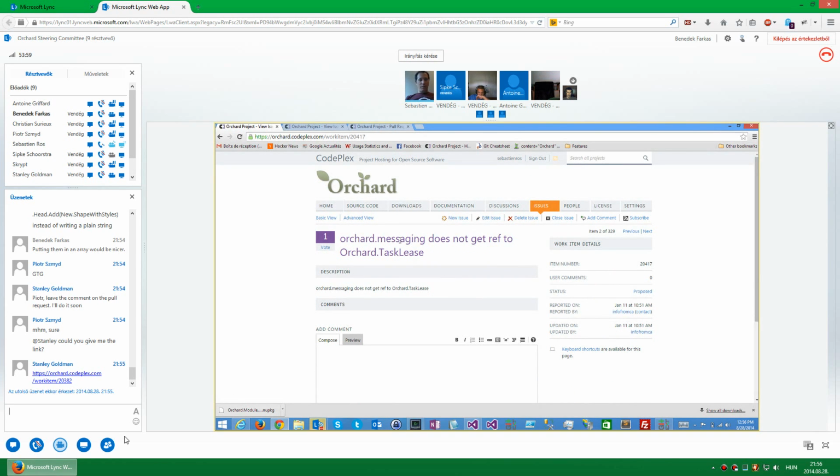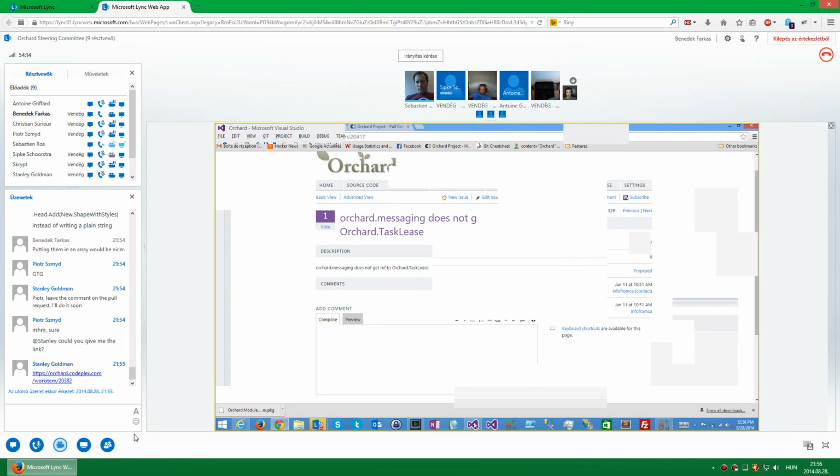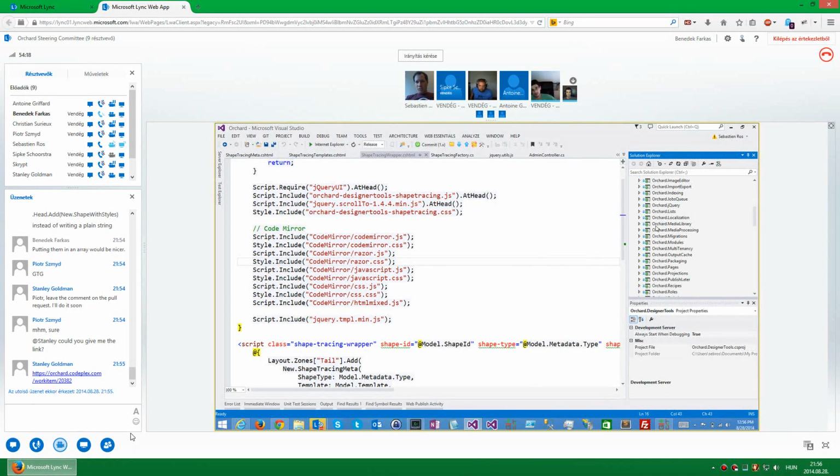Does not get ref to Orchard messaging. What is Orchard messaging? It's a deprecated item. This was probably removed, huh? It was an old module.